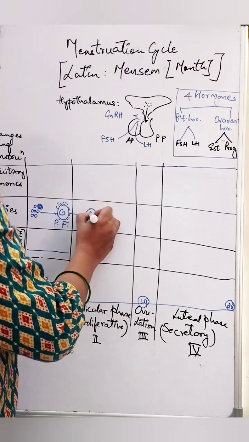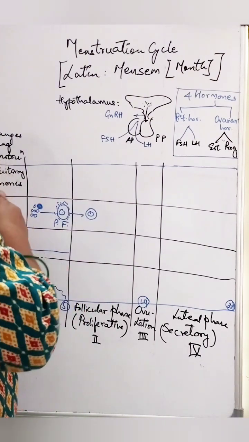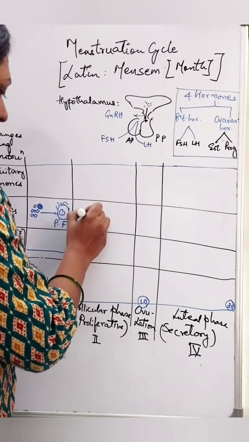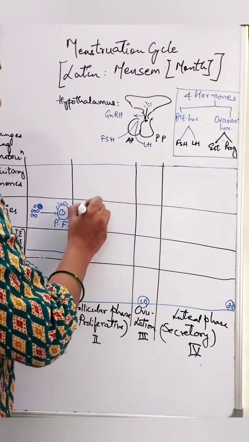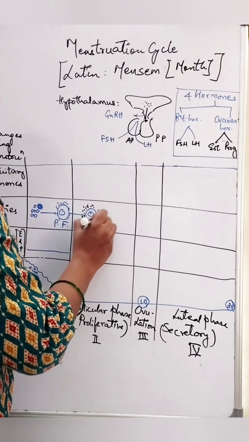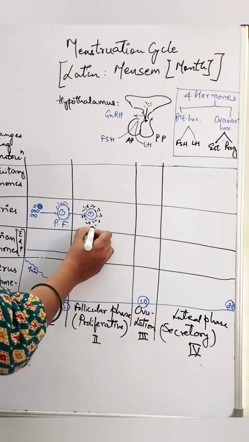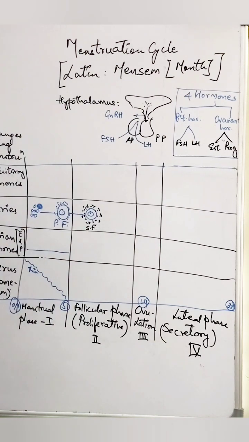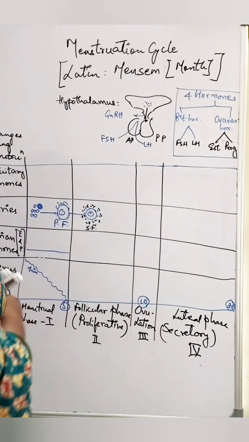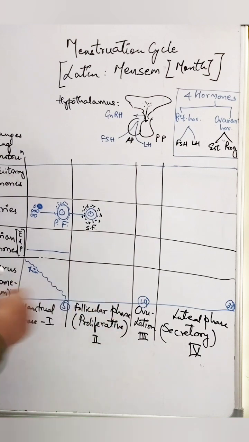This is the zona pellucida, around which we have granulosa surrounded by theca layer. So this is a secondary follicle. So what happens initially? Let me tell you. So let's again come back. What happens now? In the follicular phase, which is a proliferation, what happens is the